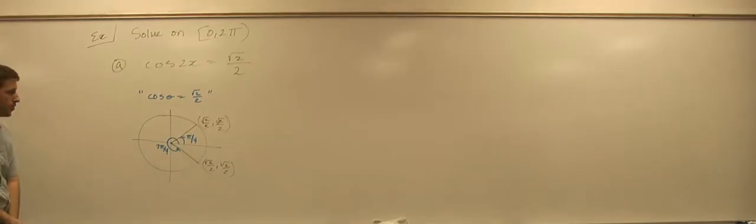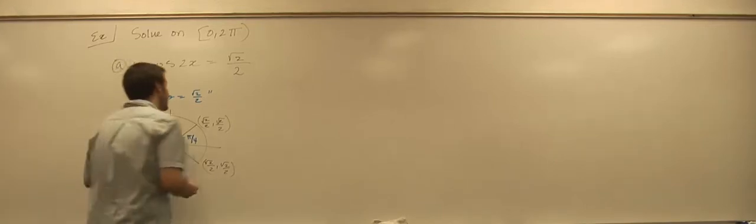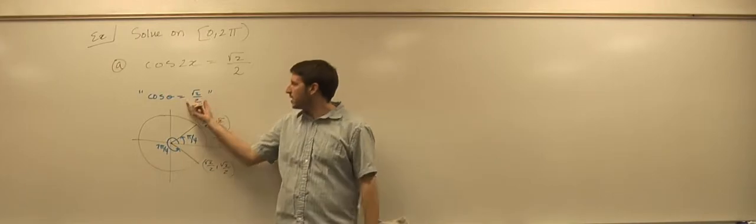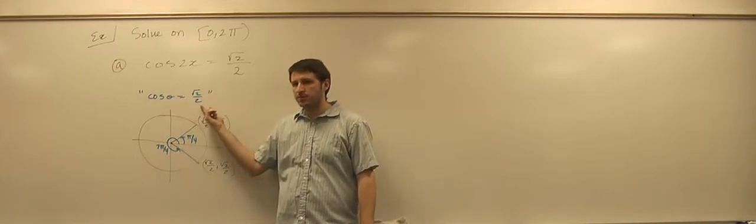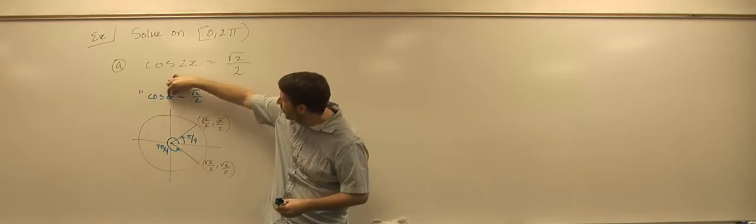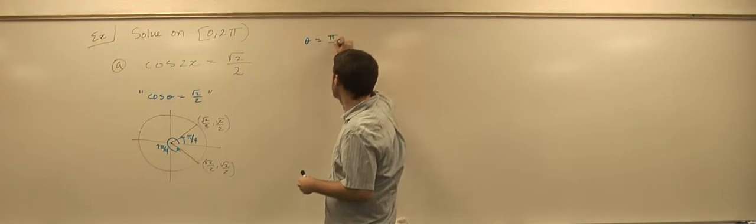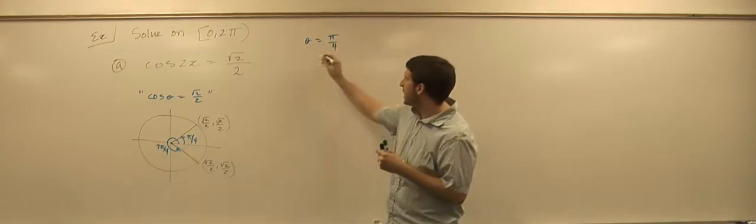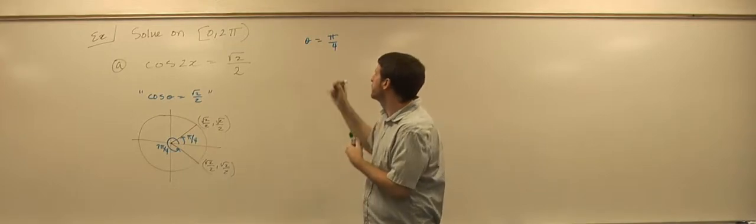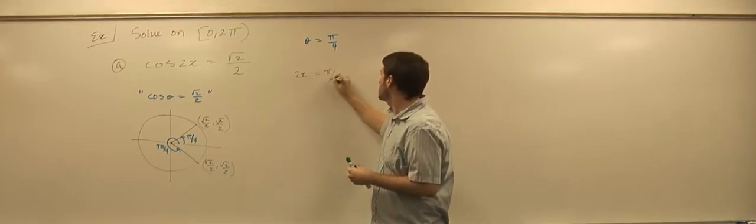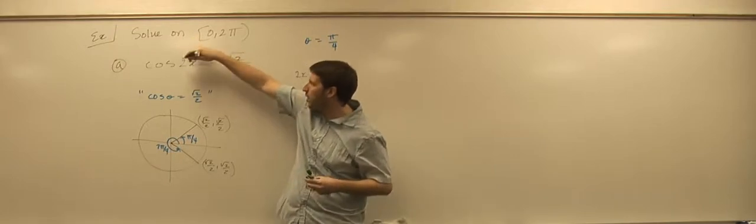Now, I'm going to show you a wrong answer, an incomplete answer at best, and then we'll fix it up, because I want you to understand why this is incomplete. So one way to proceed from here would be to say, okay, well, I know what angles give me root 2 over 2. So instead of having theta, though, I actually have 2x. So instead of saying theta has to equal pi over 4, I could say 2x has to equal pi over 4. As long as I make this whole thing in here pi over 4, I will get root 2 over